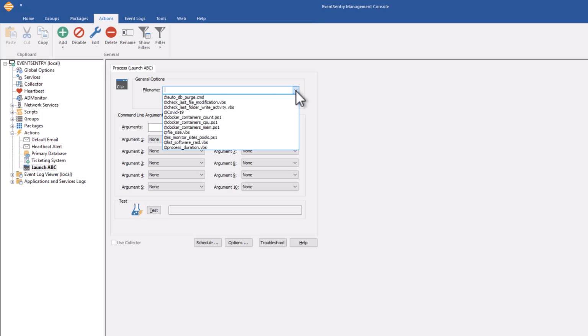If you click the pull-down menu here, you'll see that there's a number of actions, a number of files already listed. These files are built-in scripts that ship with EventSentry. So anything that has the @ symbol in front of it is essentially included in the EventSentry configuration. So if you select, for example,